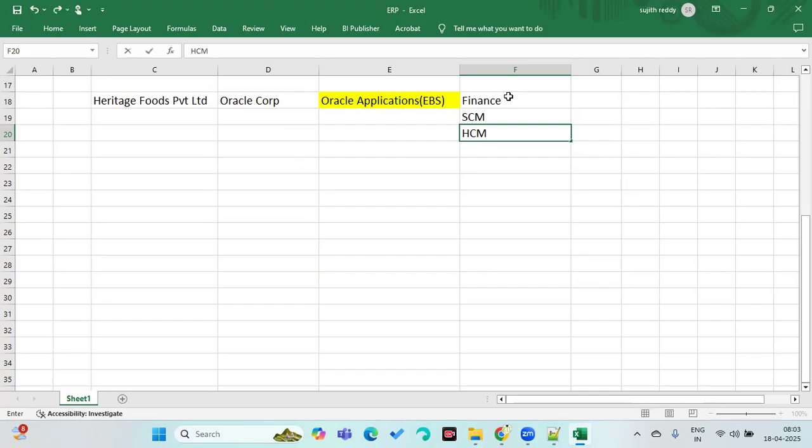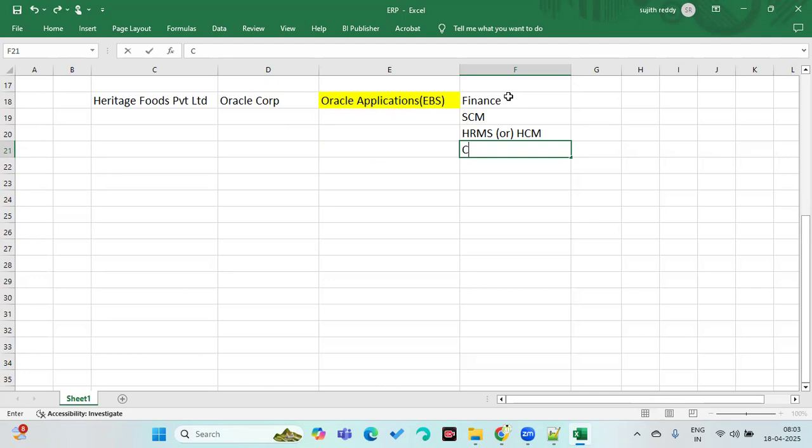And I want to maintain my employees' data: employee salaries, leaves, performance, and timesheets. That's what we call HRMS, Human Resource Management System. Earlier, now we call it Human Capital Management, but actually it is HRMS.